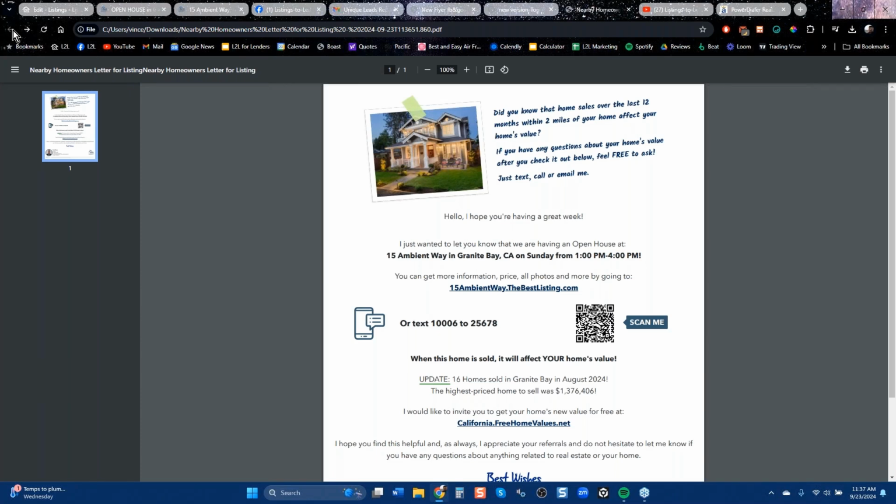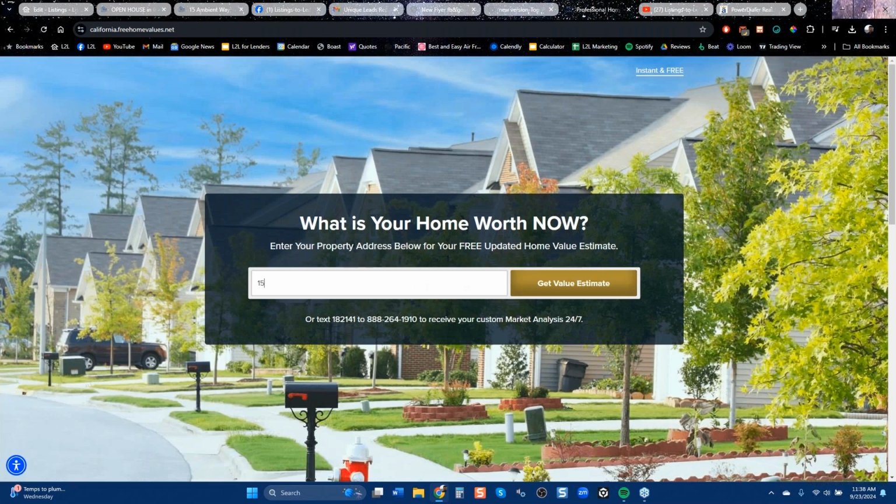And follow the train of thought here. You mail this to people with equity. And you know that I mentioned Agent Dialer and RedX Remind. So you're mailing, because you have a list of homeowners, you're mailing it to people with equity. They open the mail, they read this, they think, I want my home value. They type in here, and then here they got to type in their address and click get home value. And then it asks them for their email address. Okay. So with that, then they can see an instant home value, and you get copied on their address and their email address. So you know what and who these people are. You should know if you mailed it to them.